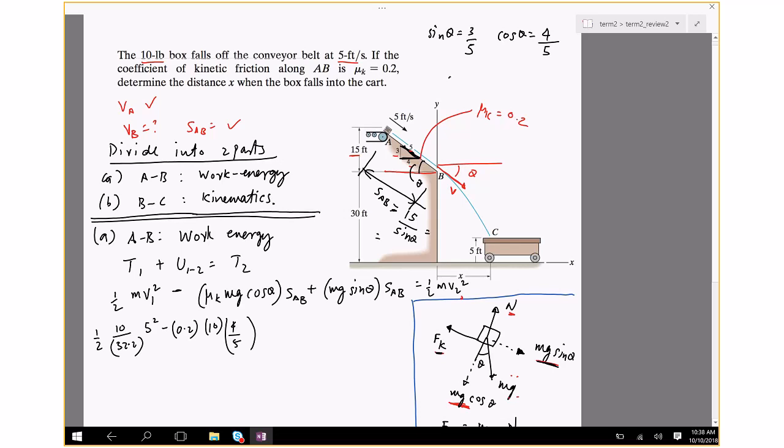It's 15, right? So 15 divided by 3/5. Is that wrong? I think it's 25. So 25 plus 10 sine theta is 3/5 times 25 equals half times